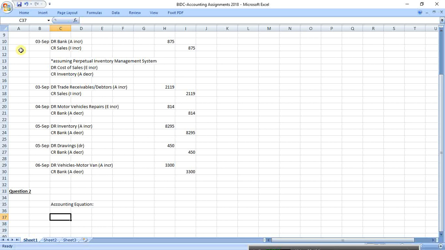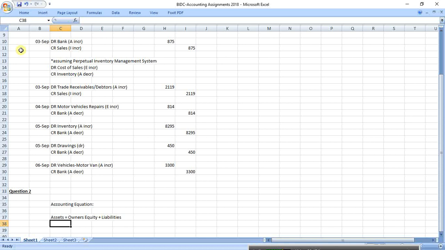Assets equals owner's equity plus liabilities. Yes, perfect. So write that down: assets equals owner's equity plus liabilities. Alright, so just to revise, as we're going through these exercises, obviously owner's equity is very special